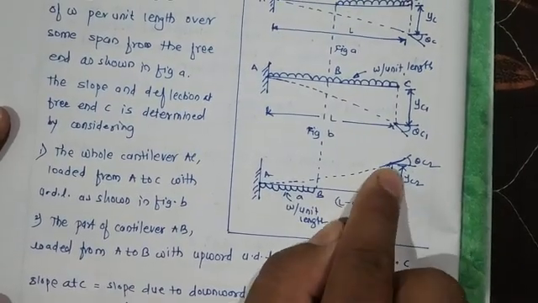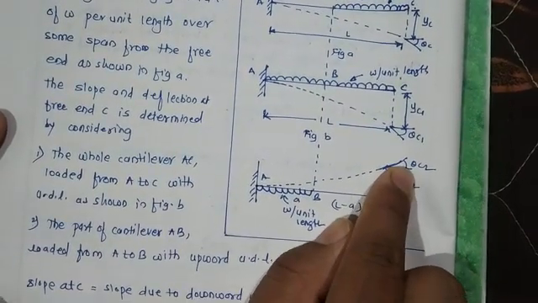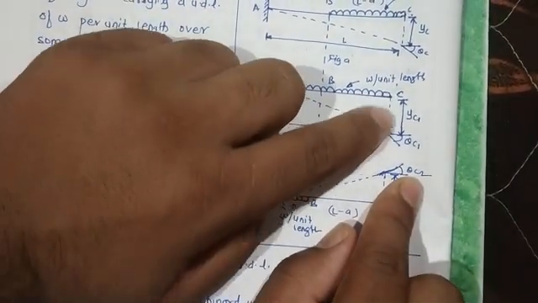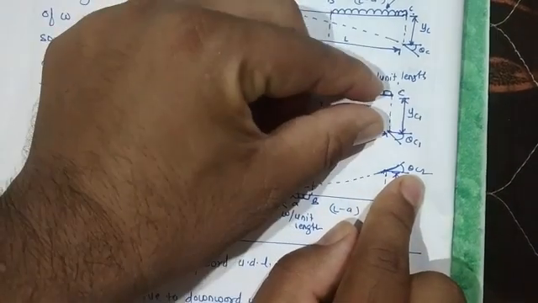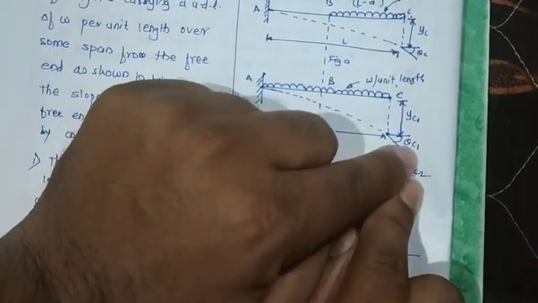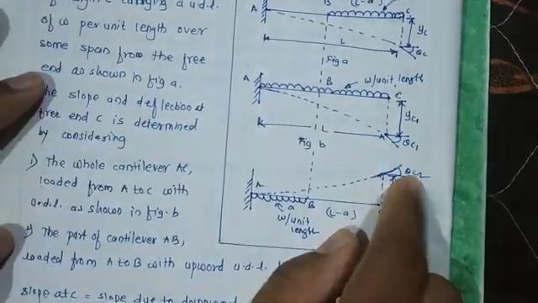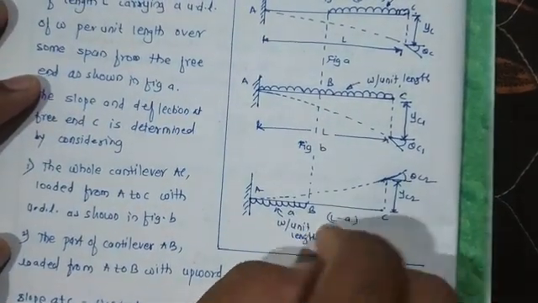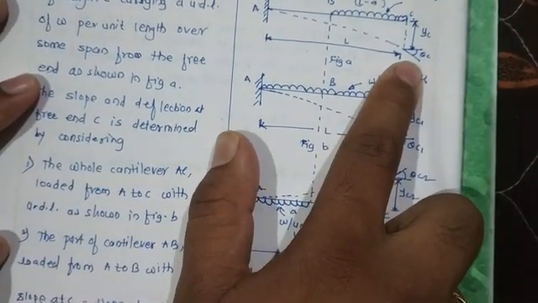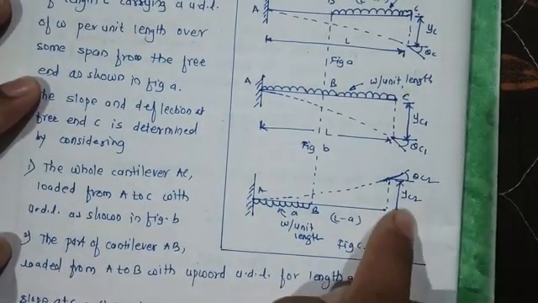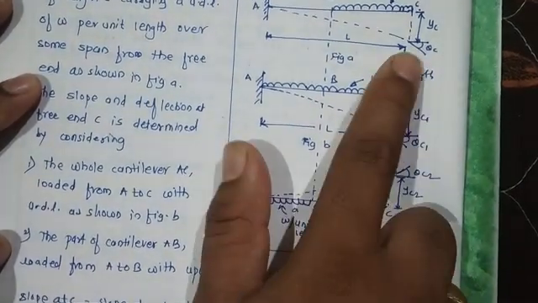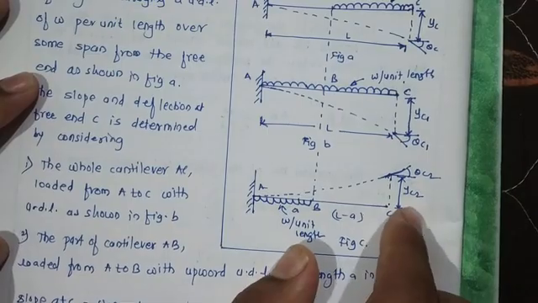This is deflection YC2, and this is slope theta C2. Here, YC1 is the deflection and theta C1 is the slope. We are going to add these two things. Then we get theta C, which is theta C1 plus theta C2, and again YC is equal to YC1 plus YC2.